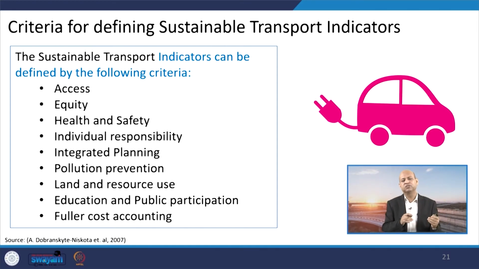Integrated planning, because if you are traveling from one place to another and you have to wait for hours to catch another bus or so, that is not a good thing. So, the integration of different transport modes is also necessary. Last mile connectivity is also important. We have discussed all these issues, as you can remember. Then education and public participation or the cost accounting in those infrastructure related to the transport, we have to look